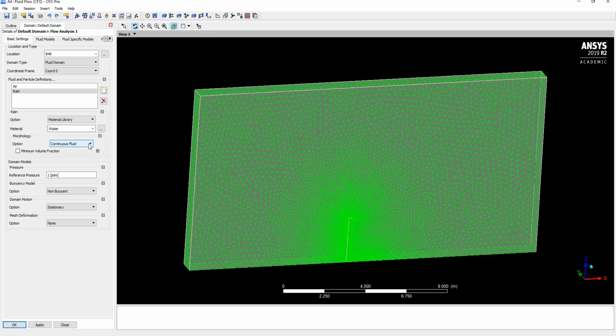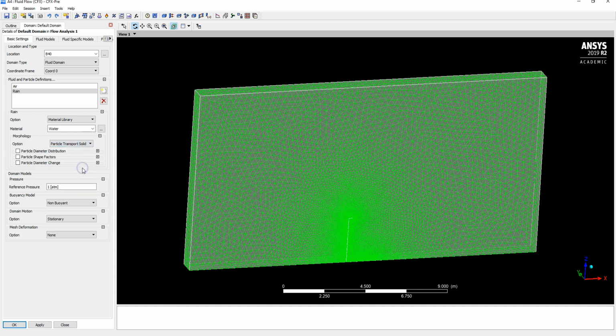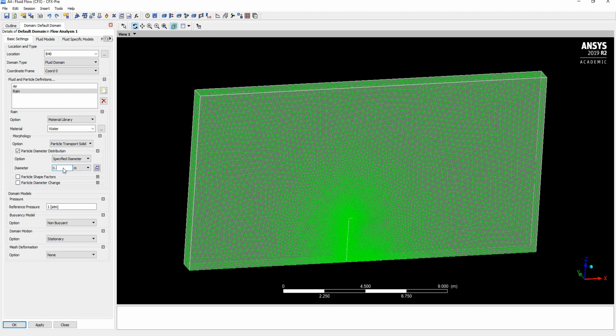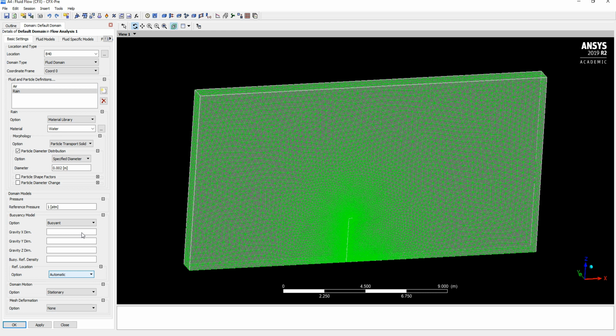And then it asks what type of fluid it is. In this case, we're going to treat it as a particle transport solid. And we're going to just select this dimension here to be 0.002 meters. We're also going to include buoyancy in this case, because of course rain falls through air, and our gravitational acceleration is acting in the negative z direction. And I'm going to take the density of air as our reference density. So if we apply that and move to our next tab,